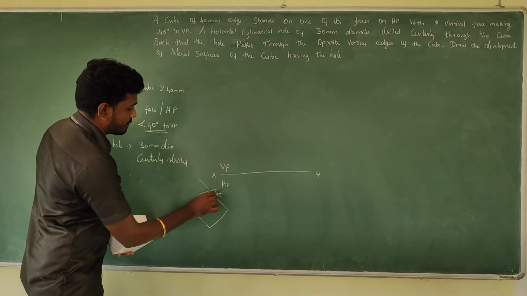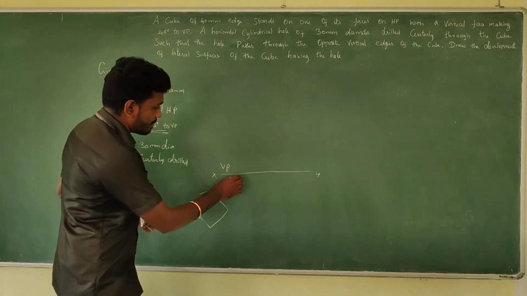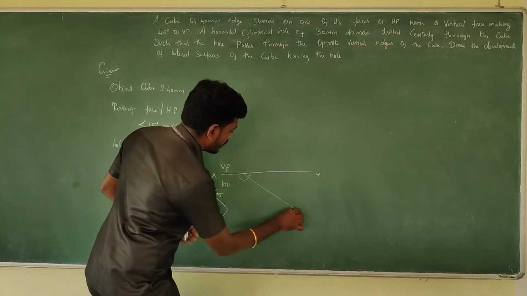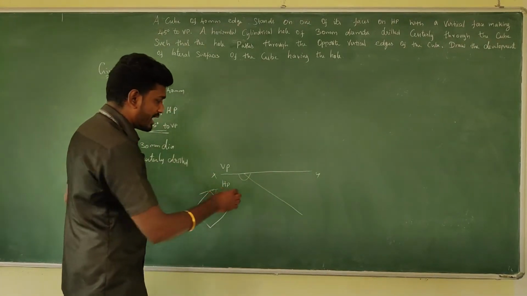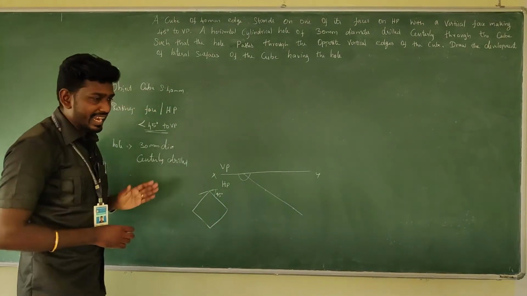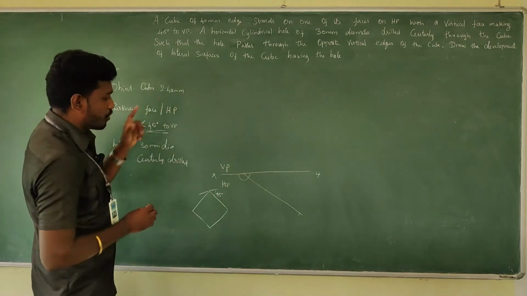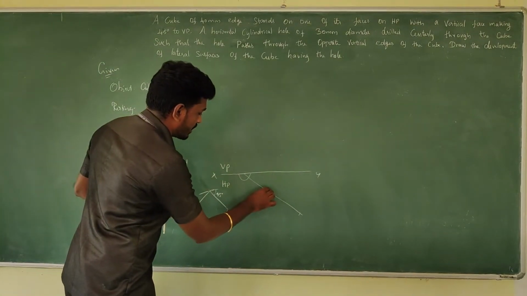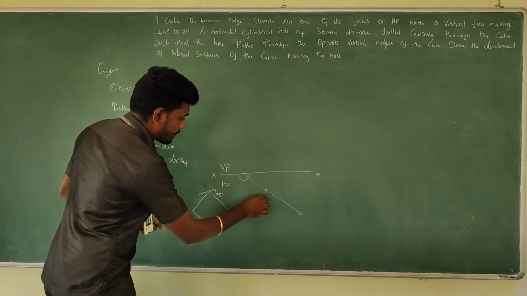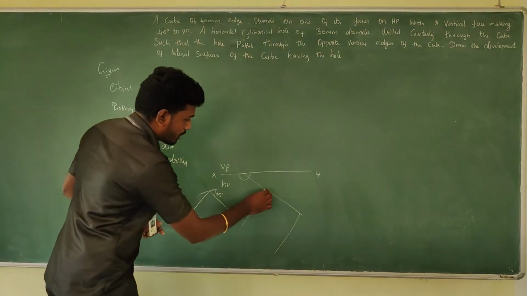How can the 45 degree inclination be done? Just take a protractor, measure 45 degrees and draw an inclined line. Afterwards, take a side of 40 mm. The side should be 40 mm, so measure it and mark it off. All the 4 sides are at 90 degrees to each other, so draw a plane.